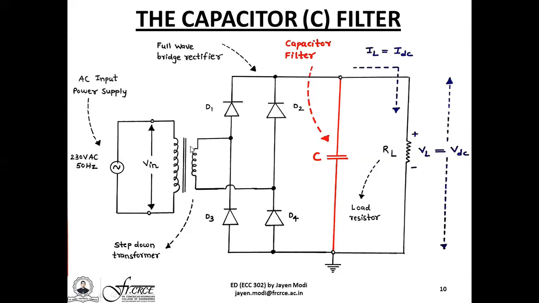The secondary output or the secondary windings are connected at certain designated points for a bridge configuration of the full wave circuit. So we have diode D1, diode D3, diode D2 as well as diode D4. The entire rectified output voltage is then given to a capacitor filter as shown, and then it is given to the load. Observe that the capacitor filter is connected exactly in parallel or in shunt with the load.